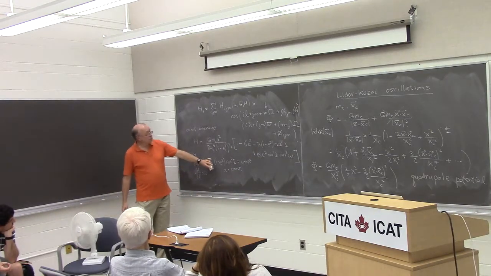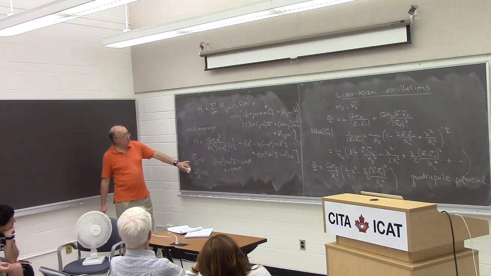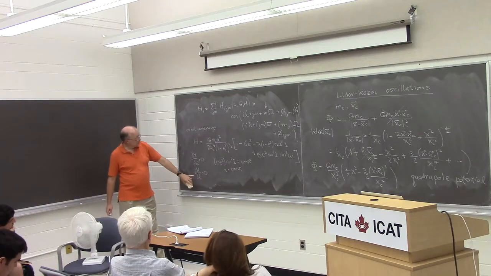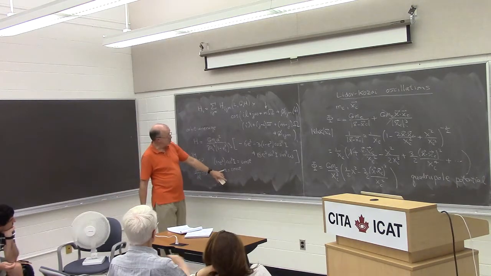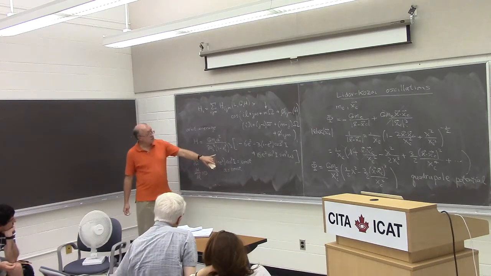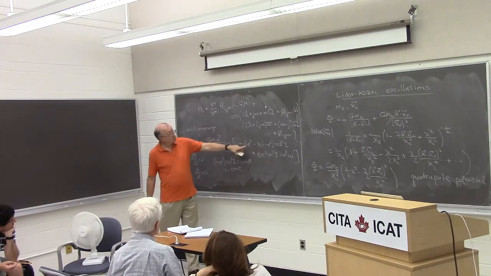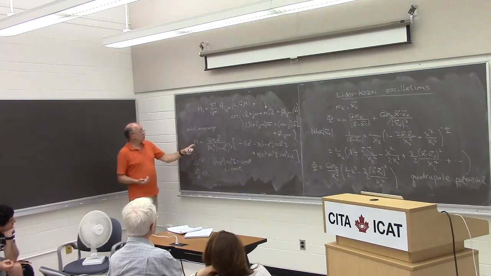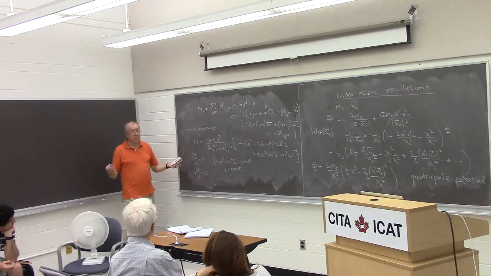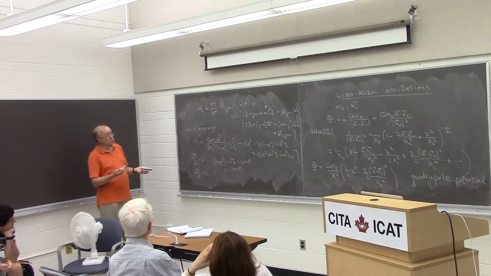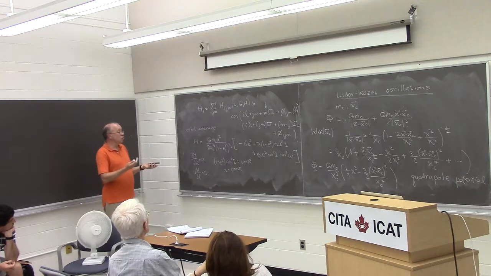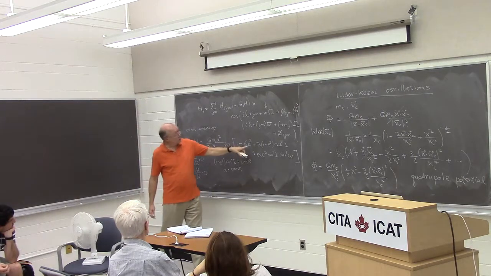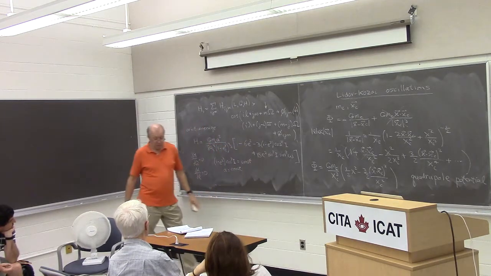Okay, well, having gotten this far, if you look at this Hamiltonian, it doesn't depend on the longitude of the node. It doesn't depend on the mean anomaly. It doesn't depend on the semi-major axis. This is a constant. So the only variables that are left are the eccentricity and the argument of periapsis. Moreover, the Hamiltonian has to be conserved. So that says that the whole motion is reduced to 1 degree of freedom, and you can figure out what's happening just by plotting level surfaces of the Hamiltonian on the plane of the eccentricity and the argument of perihelion.